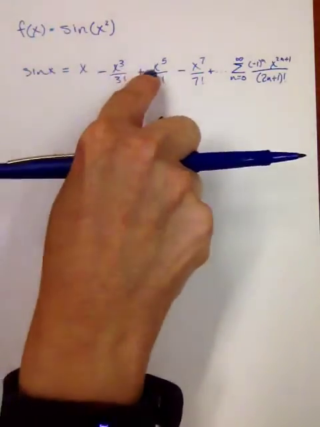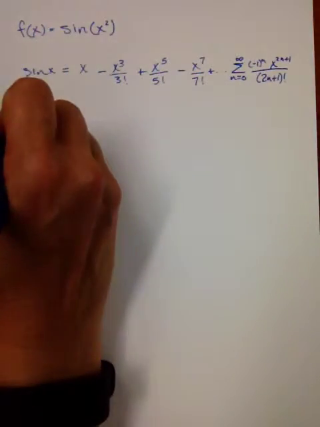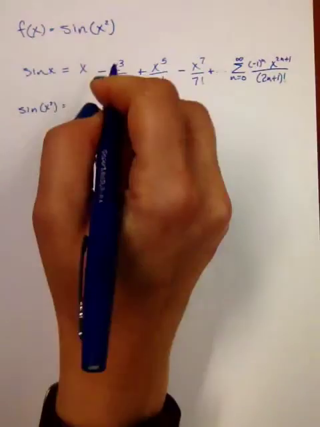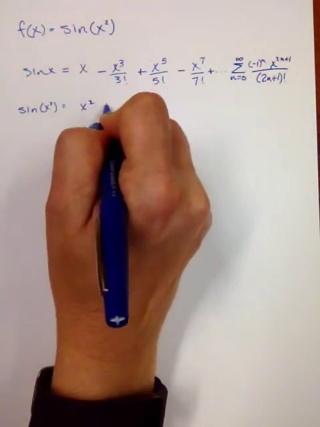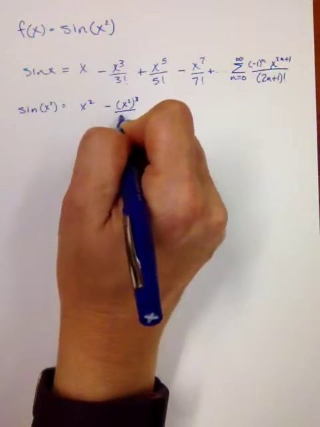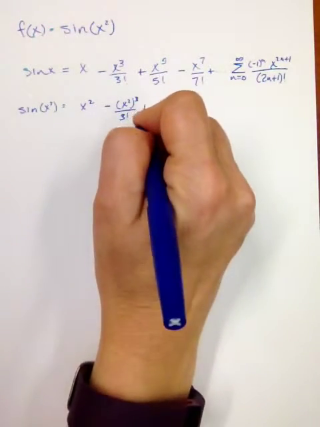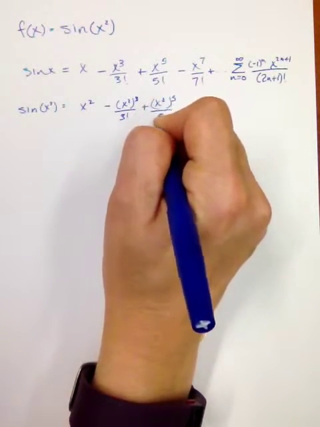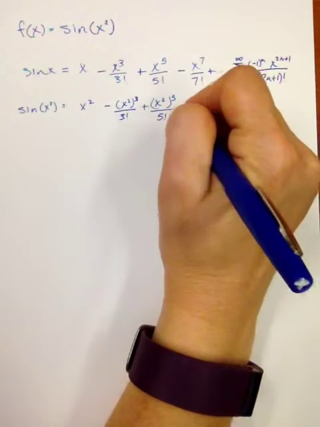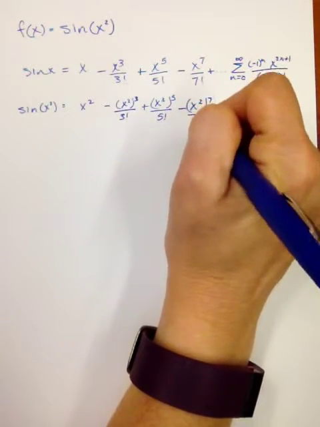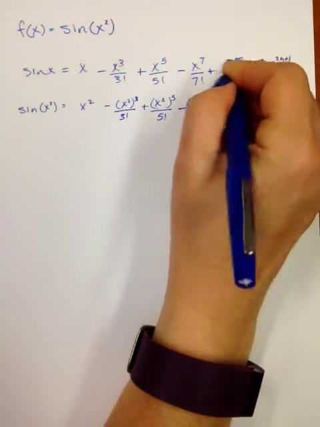Well, if I want sine of x squared, what I'm going to do is substitute this x squared in for every x. So I'm going to do that in a couple of steps. So sine of x squared will be x squared minus x squared to the third over 3 factorial plus x squared to the fifth over 5 factorial minus x squared to the seventh over 7 factorial plus